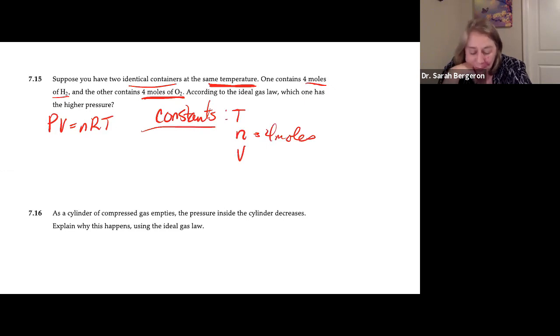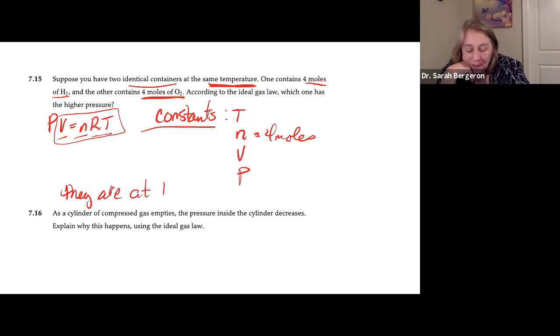So if temperature doesn't change, number of moles doesn't change, volume doesn't change, and R is already a constant, all of this has to stay the same. Can you have a different pressure? Nope. So all of them are constants. So which one has the highest pressure? They are at the same pressure. Kind of a trick question,